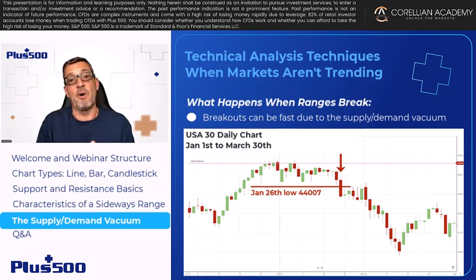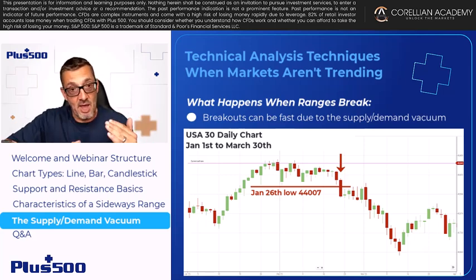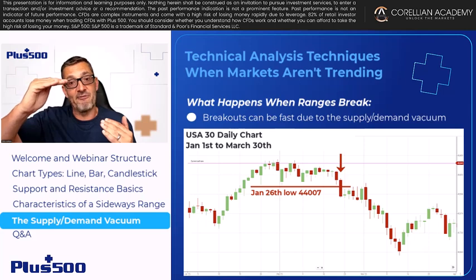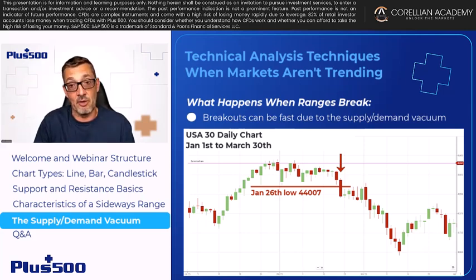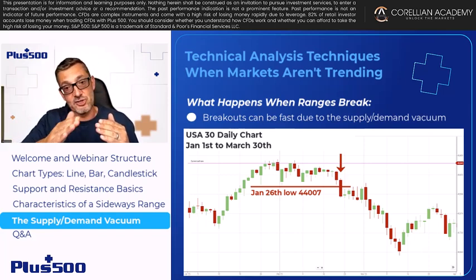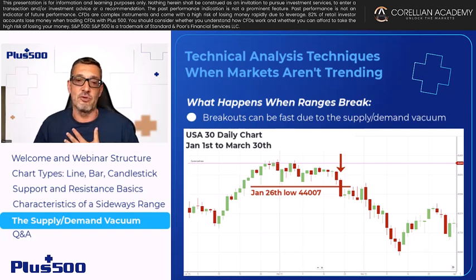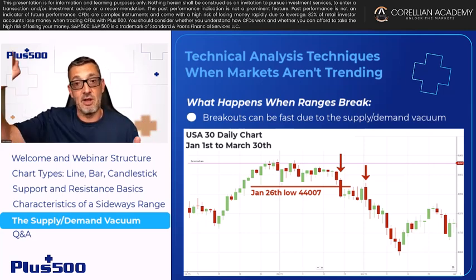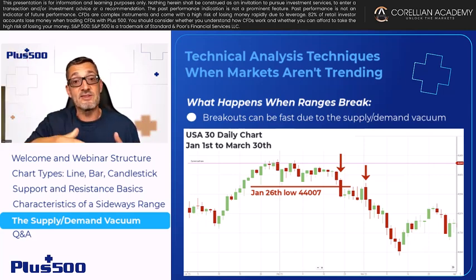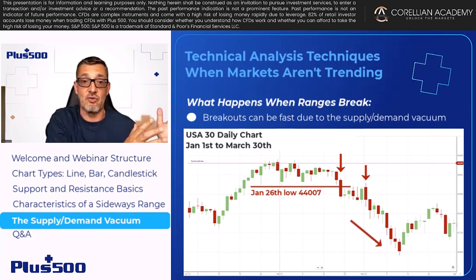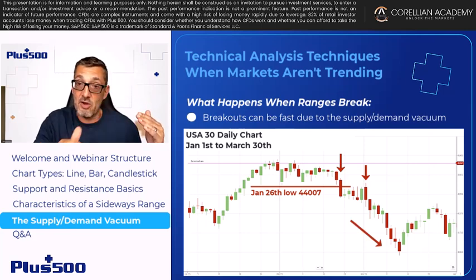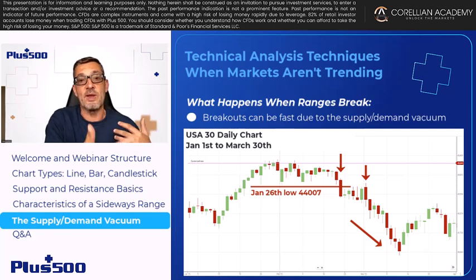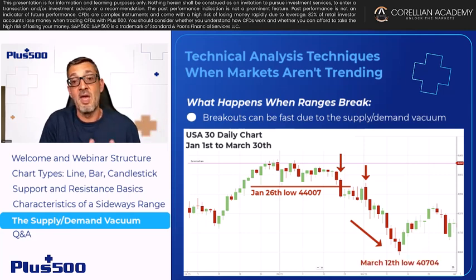Having seen potential buyers of the USA 30 index become impatient and move their bids higher just above that 44,007 January the 26th low to help extend the sideways trading range further, when the February 20 break was seen, it resulted in an acceleration to the downside until bids at lower levels were found over the coming sessions. And although a short-term bounce did materialize into the March the second high, we can see that it was the break lower from the previous sideways range that reflected new negative market sentiment and a more extended phase of weakness into the March 12th downside extreme at